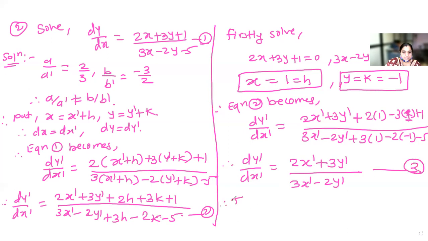So this is a homogeneous equation. Not only equation, it is a differential equation, in the variables x dash and y dash, and we already know how to solve the homogeneous differential equation by substituting y dash is equal to v into x dash. Substitute this value in this equation 3, so equation 3 becomes, okay, if your writing is over, I will write here.